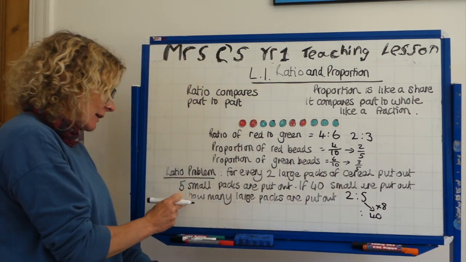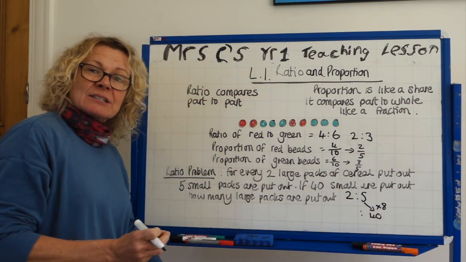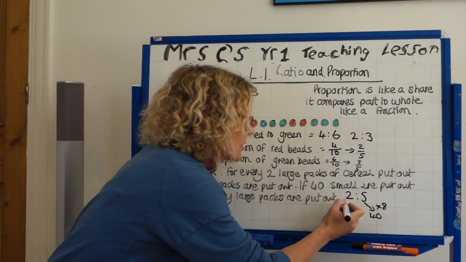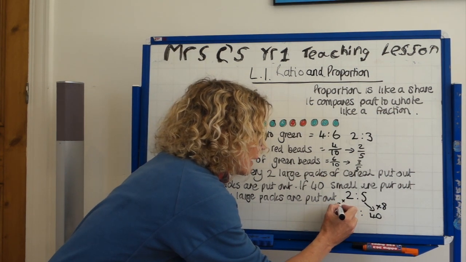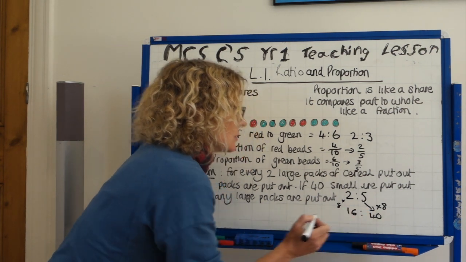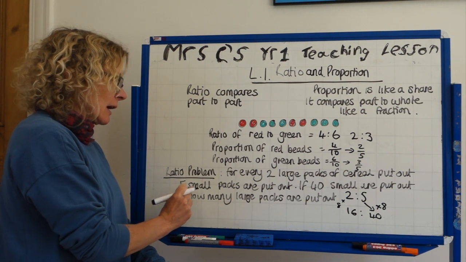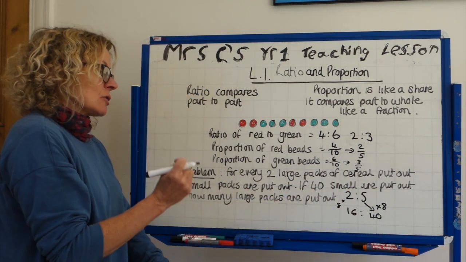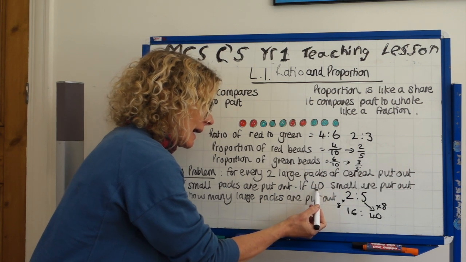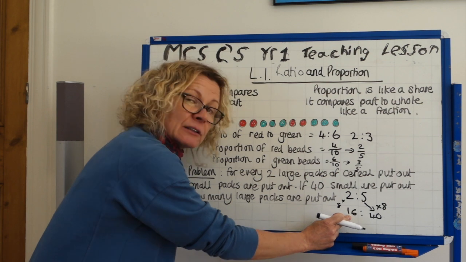So if we're going to find out how many large packs there are, we've got to grow that by 8 as well. It's scale. You're doing the same to both sides. So you times this 2 by 8. 2 8s are 16. So for every 2 large packs of cereal put out, 5 small packs are put out. So therefore, for every 40 small packs, do the same to the other side, there's going to be 16 large